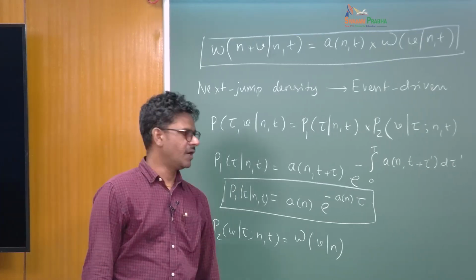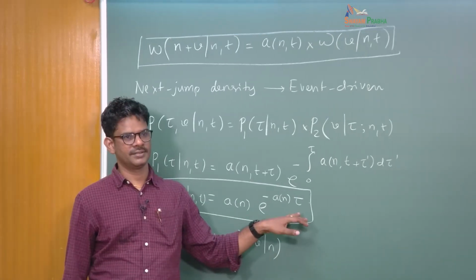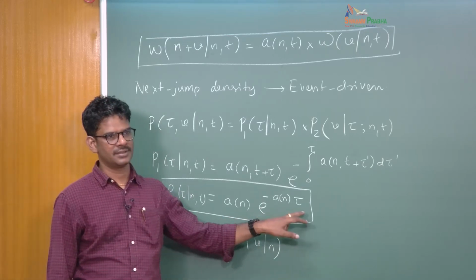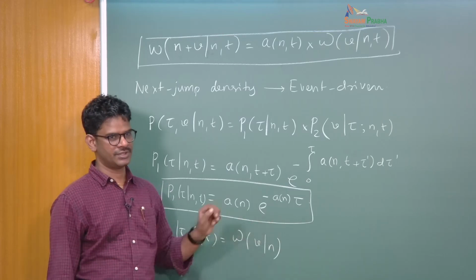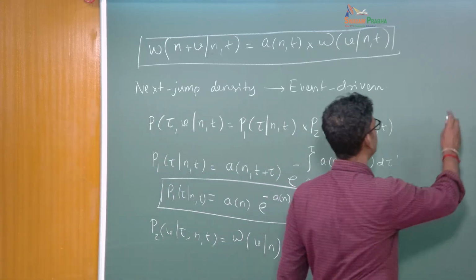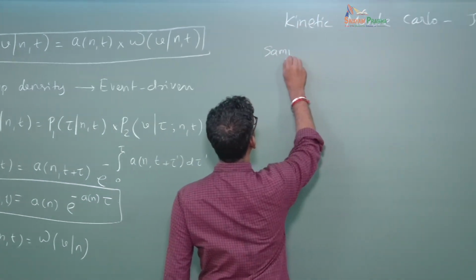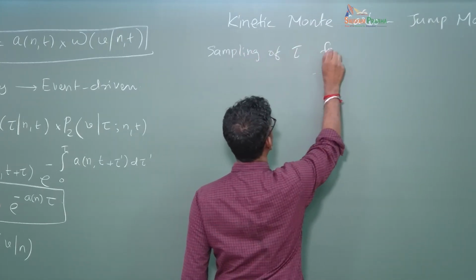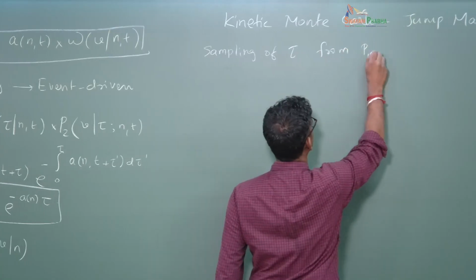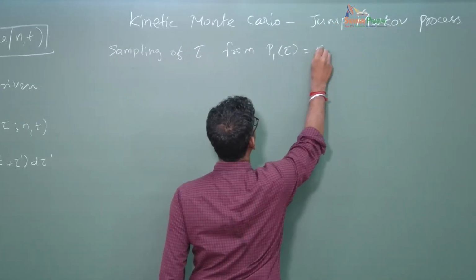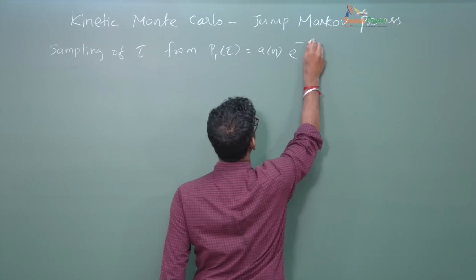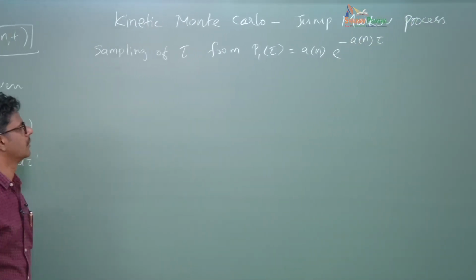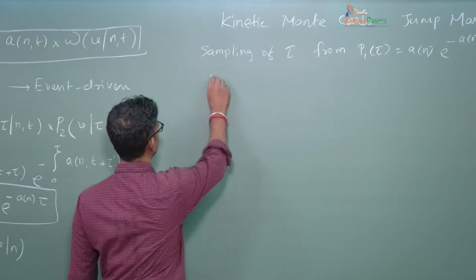If you have an exponentially distributed variable, we can use what is called the inverse method to sample a variable tau from this distribution. So, by this inversion method,